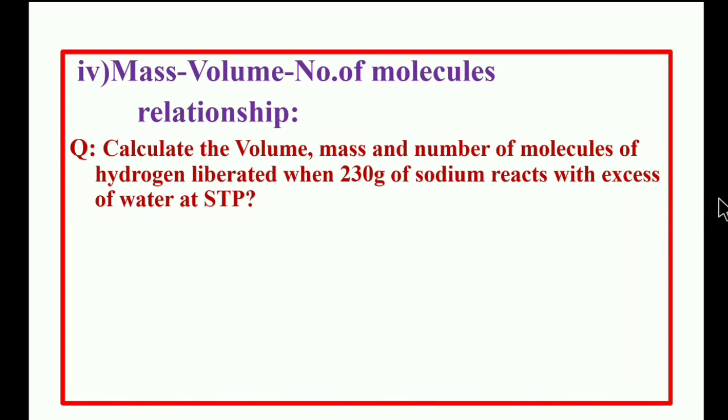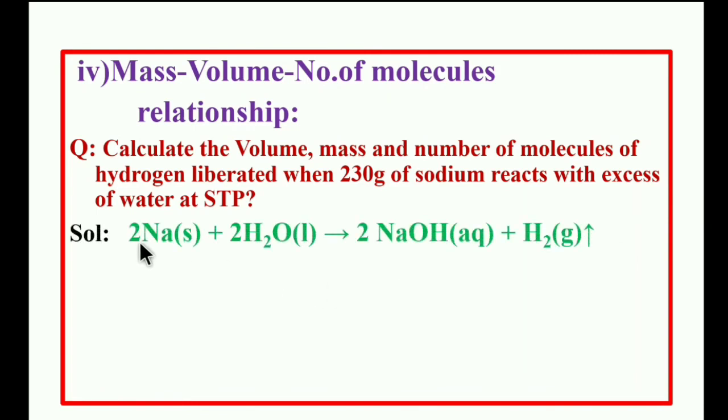So first we have to write the balanced chemical equation. Sodium, on reaction with water, gives sodium hydroxide and hydrogen gas. In this, 2 moles of sodium and 2 moles of water on reaction give 2 moles of sodium hydroxide and only 1 mole of H2. Okay, so 23 is the sodium mass, 2 into 23, and H2O mass is 18, 2 into 18. NaOH mass is 40, 2 moles, that's why 2 into 40. H2 is only 1 mole, and 2 is the molecular mass here.